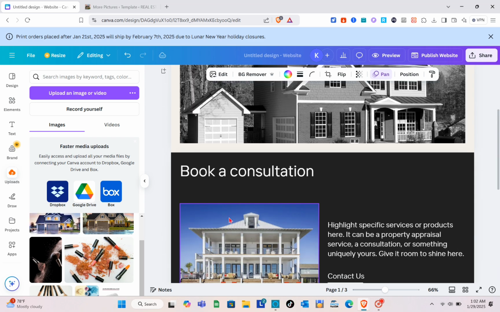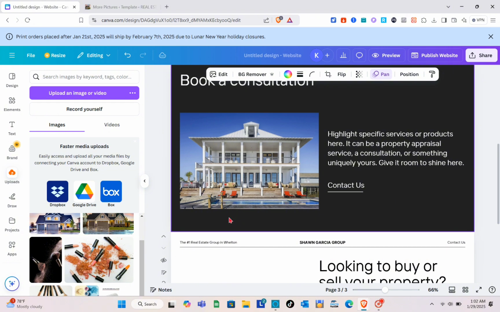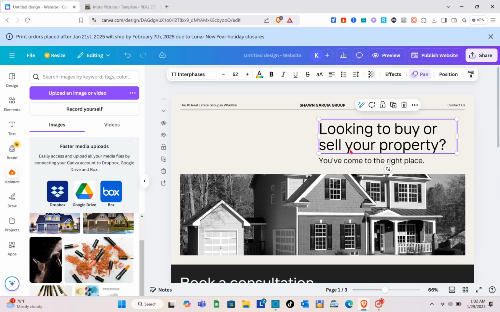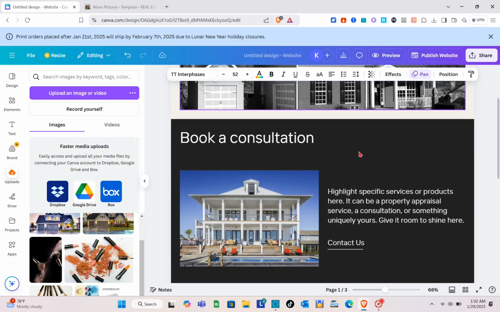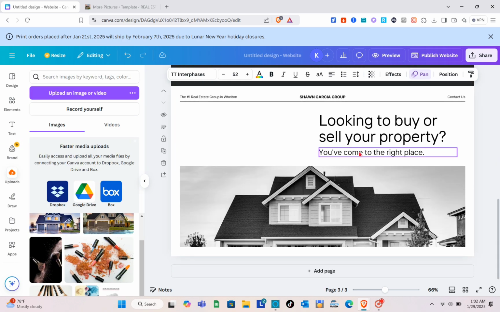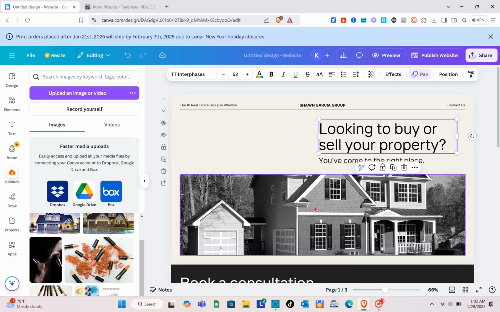Okay, then after that, if you want to change your font style, the color of your font, you just have to simply click on it, and you'll be able to see these different options at the top. Okay, so we're not going to focus on that anymore. So assuming that we are done customizing this page or this design, next thing that you should do is to